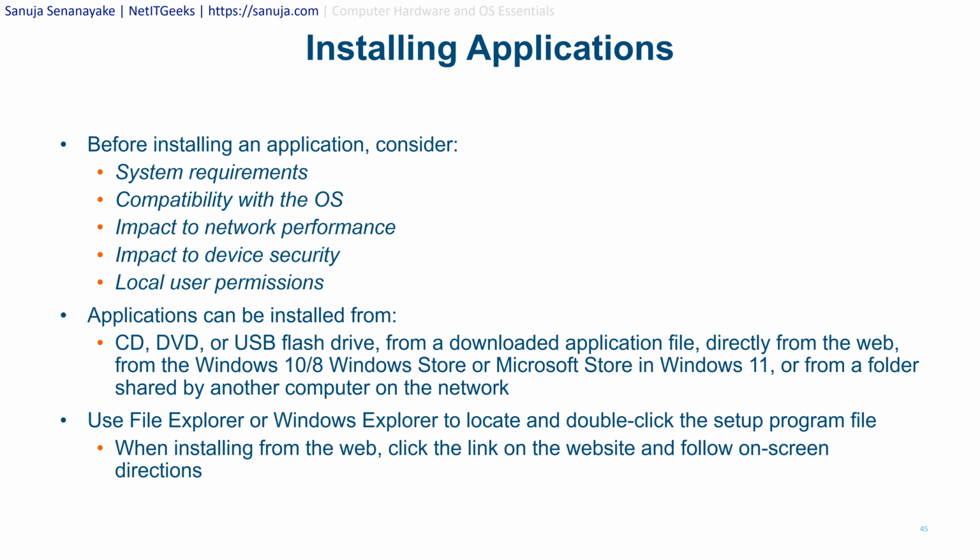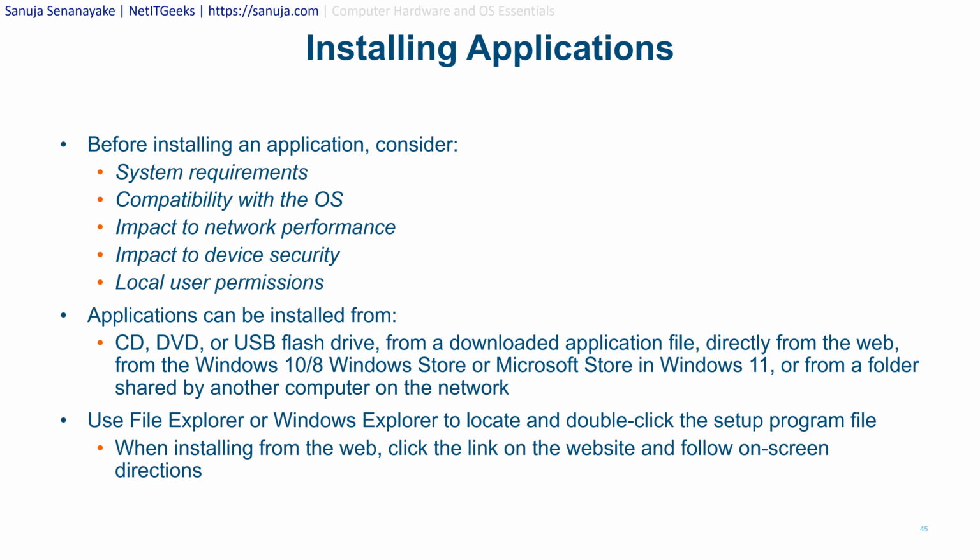Installing applications. Before installing an application, consider system requirements, compatibility with the operating system, impact to the network performance, impact to the device security, and local user permissions. Applications can be installed from a CD, DVD, or USB drive, from a downloaded application file, directly from the website, from the Windows Store in Windows 10 and 8, or the Microsoft Store in Windows 11, or from a folder shared by another computer